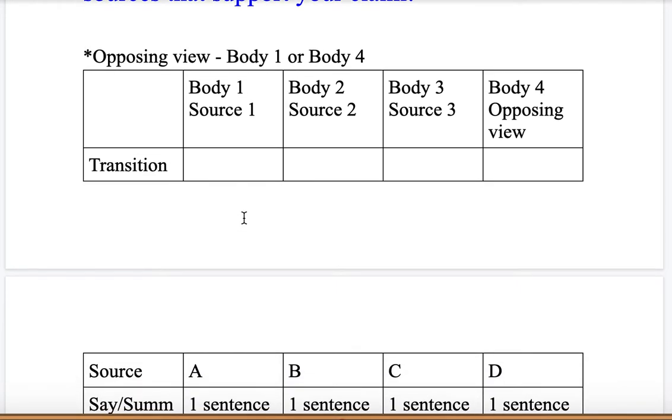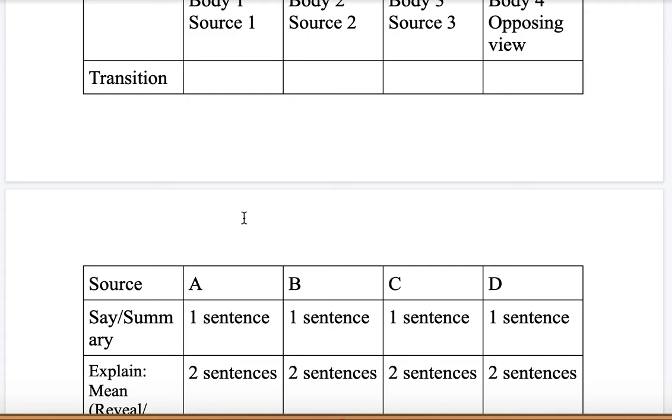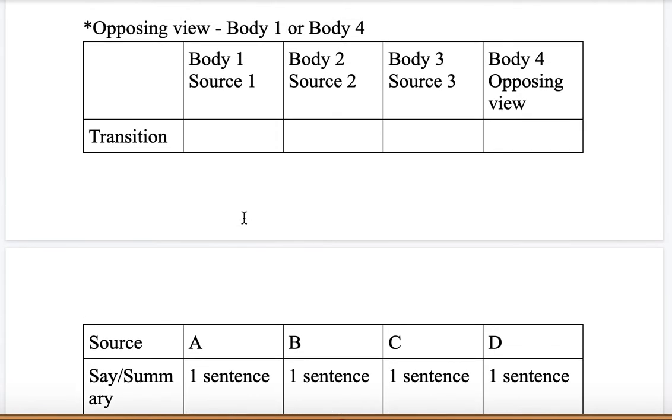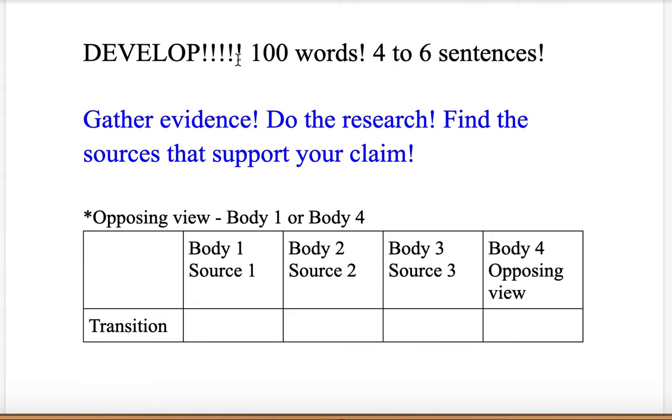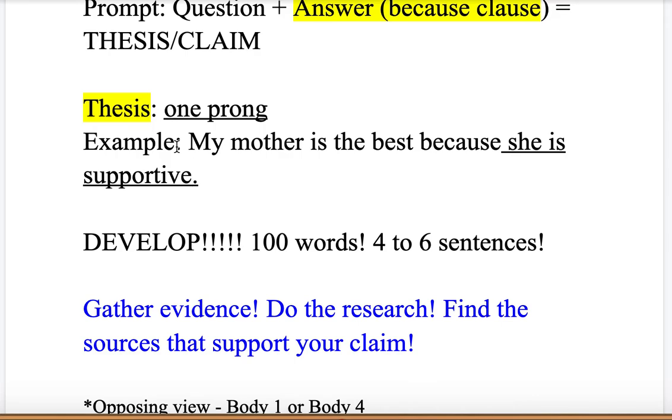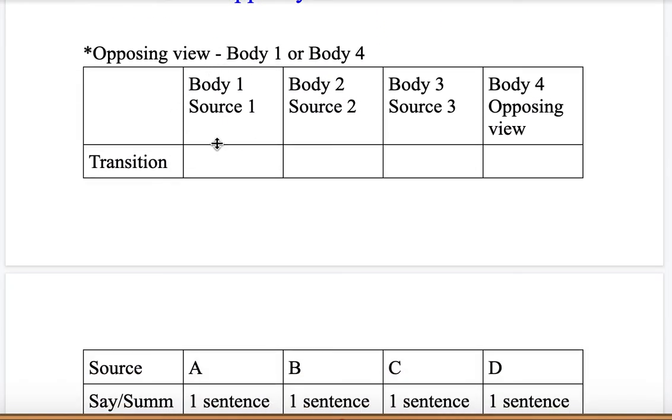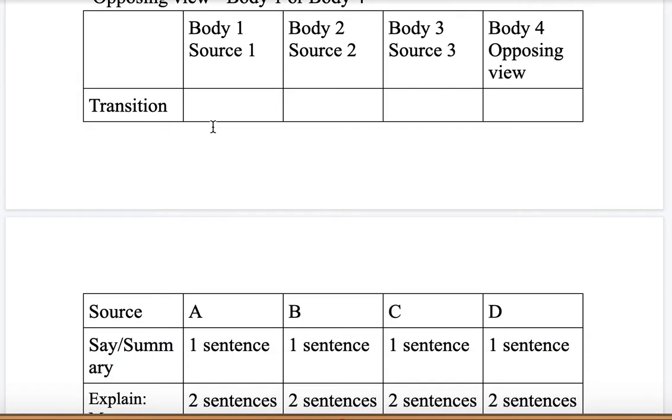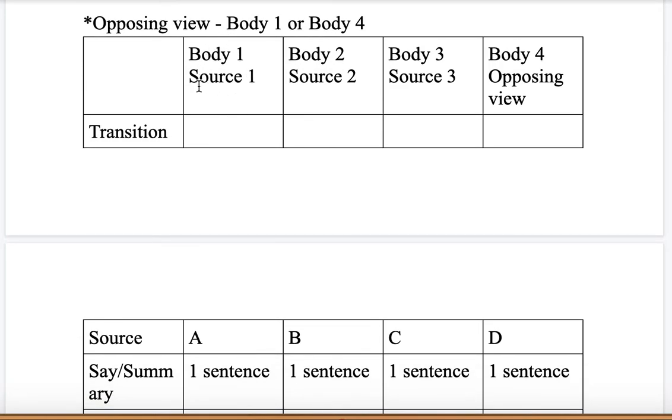While you are planning, you can also create a chart. Chart your evidence. This is just a sample, okay? Body 1. So you already have your thesis. So now let's chart the evidence. What am I going to say, what evidence am I going to use? What source will I use? So list all of that before you